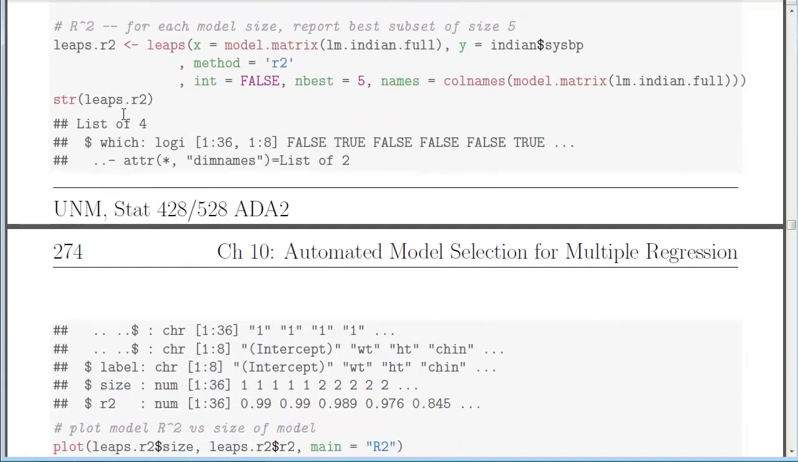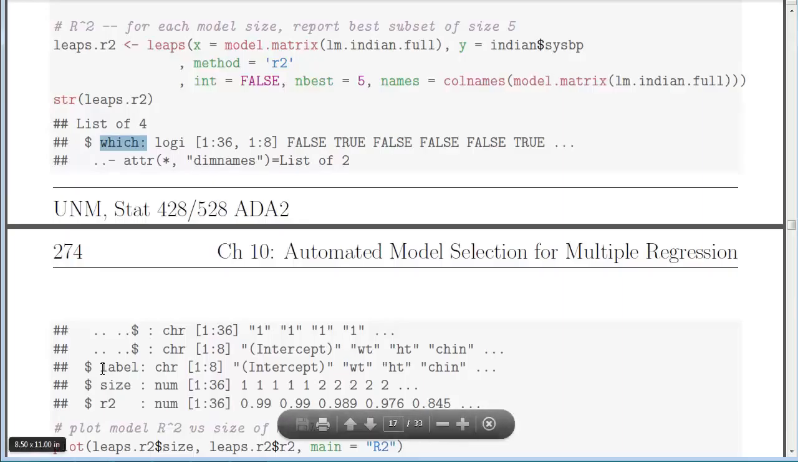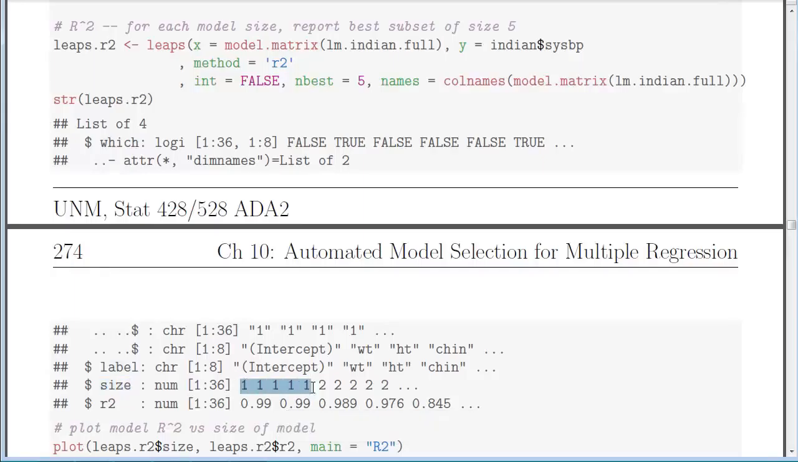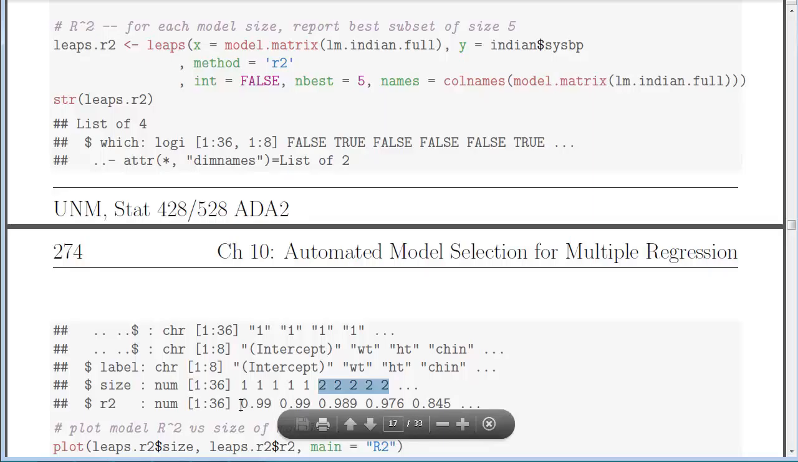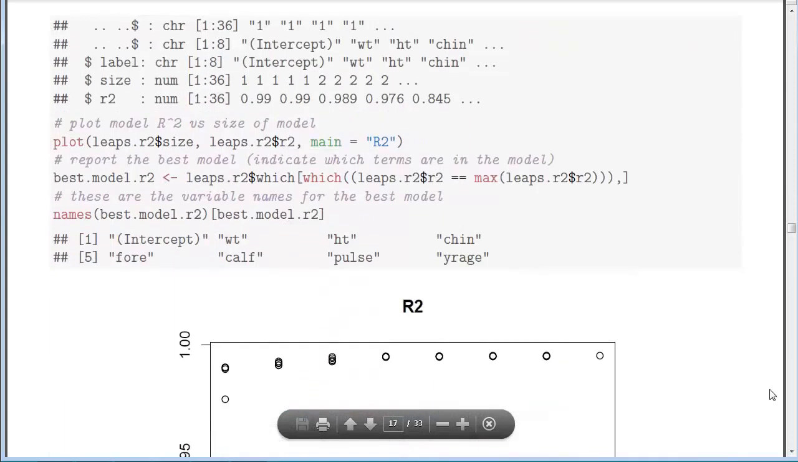The structure of this data set, so I'm putting that into leaps.r2. The structure has this variable which, and that indicates which variables are going to be in each model. We've got labels for the columns. We've got the size of each regression model. So notice there's 5 best ones with size 1, 5 best ones with size 2, and so on. And then we have the R-squared values for each of those models. And I'm going to plot